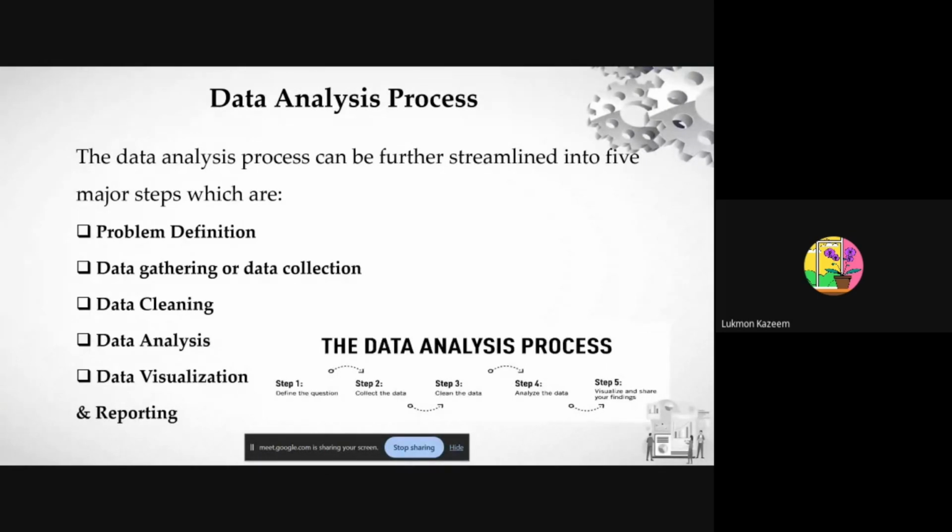There are times that you can collect data yourself. Because data can be in different forms, we have primary and secondary data. Primary data is the one that you yourself, as a data analyst, were involved in collecting. It is first-hand data. Then there's another one that we call secondary data. Most times we use the secondary data.